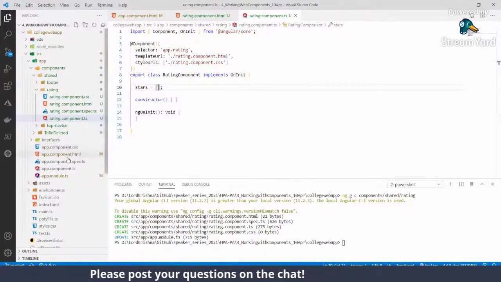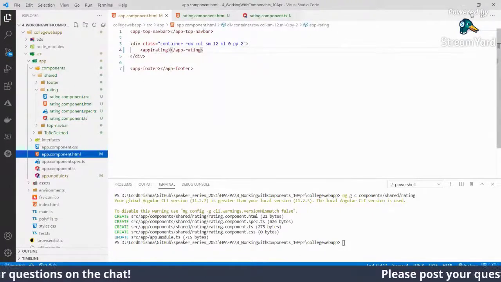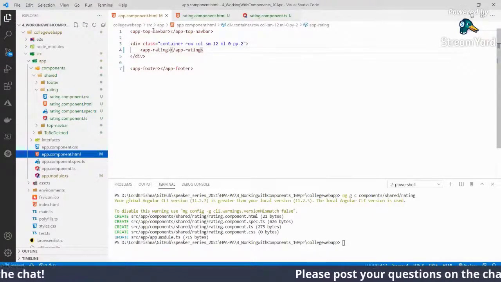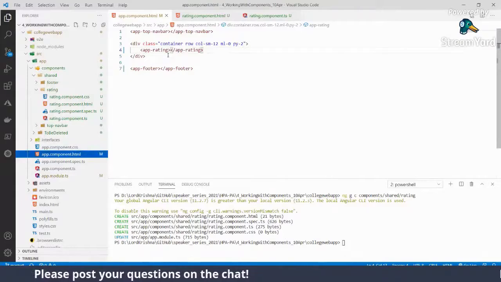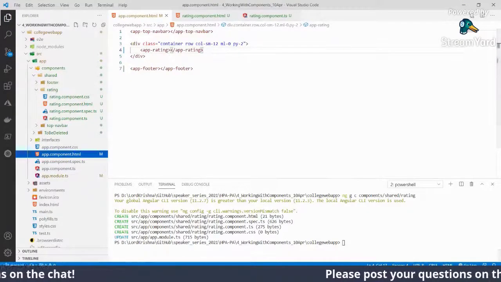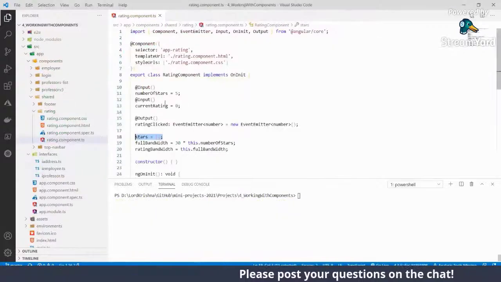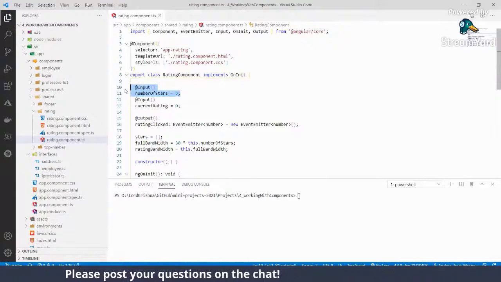And where are we using this? We are using it in here. In this app component HTML, this is the parent and rating is a child. So we have to tell the child, hey, go and give me 4-star ratings, so it should go and create the 4 stars. For that reason, we will use this number of stars.